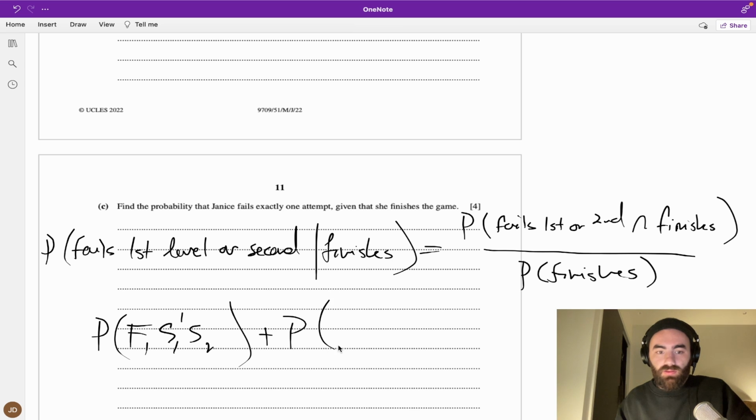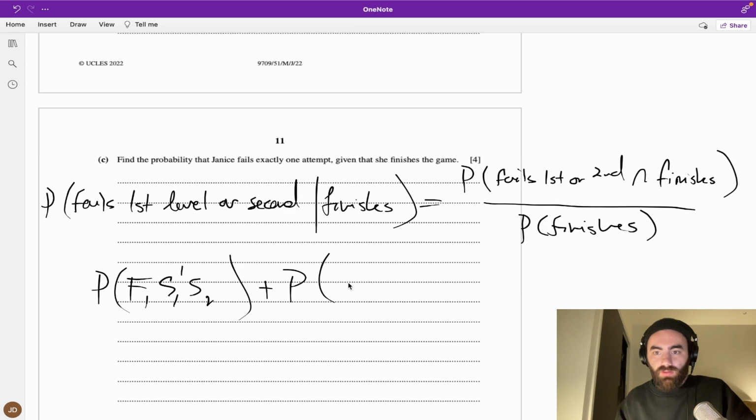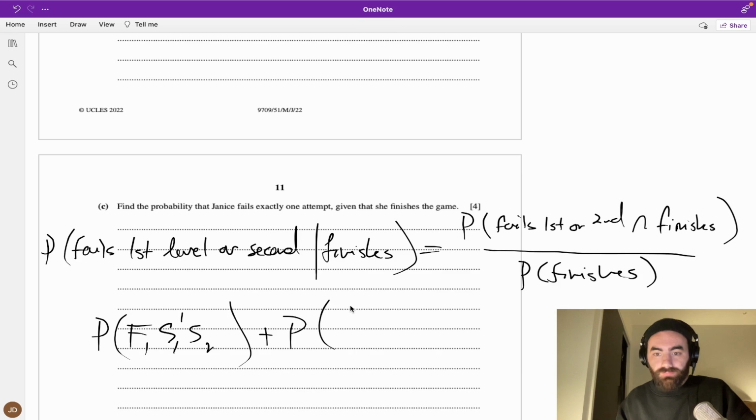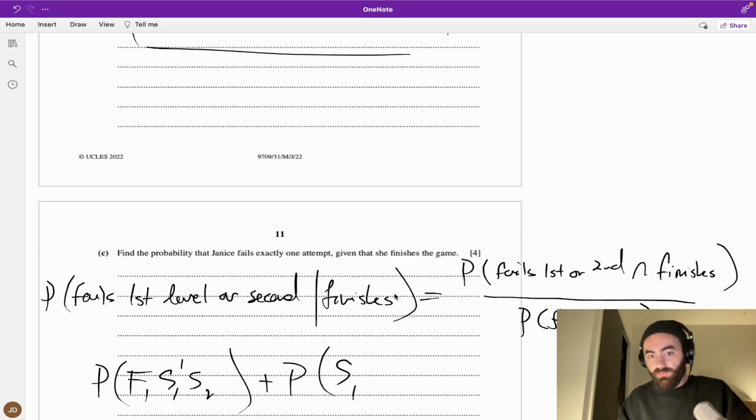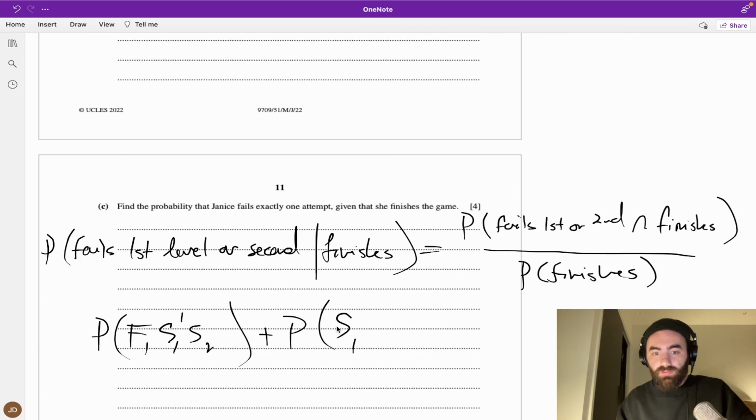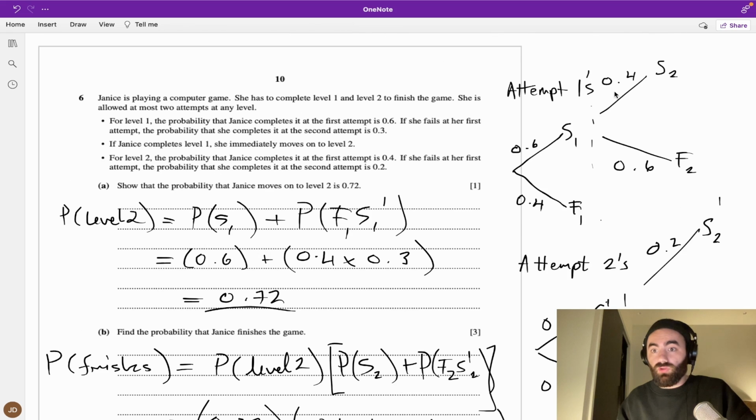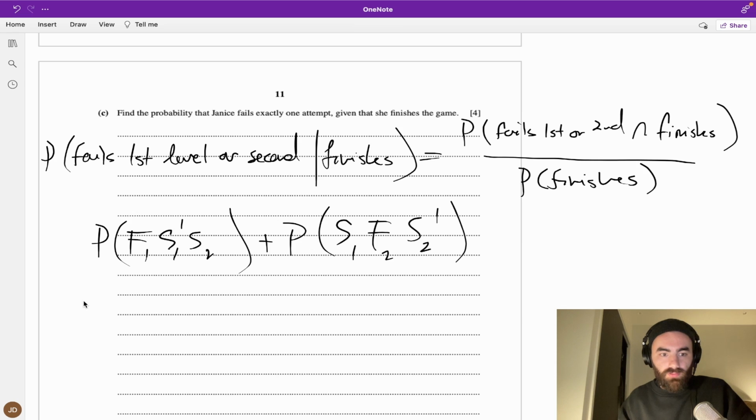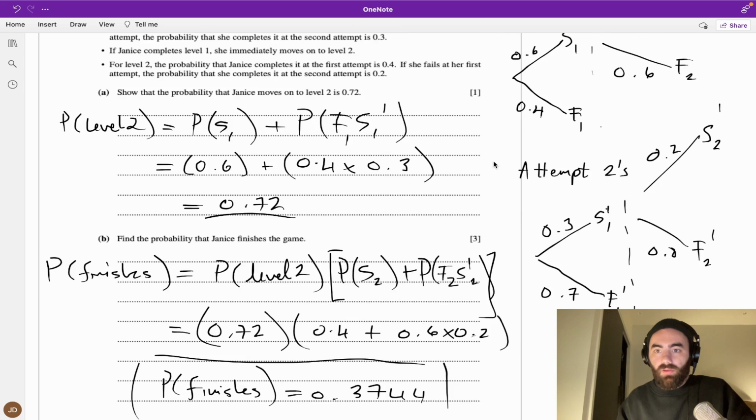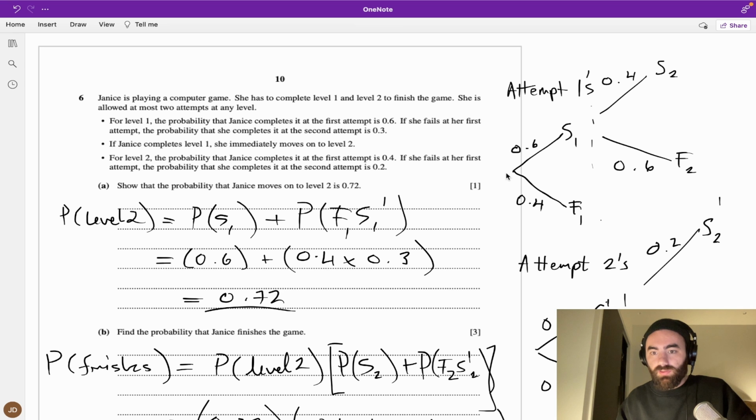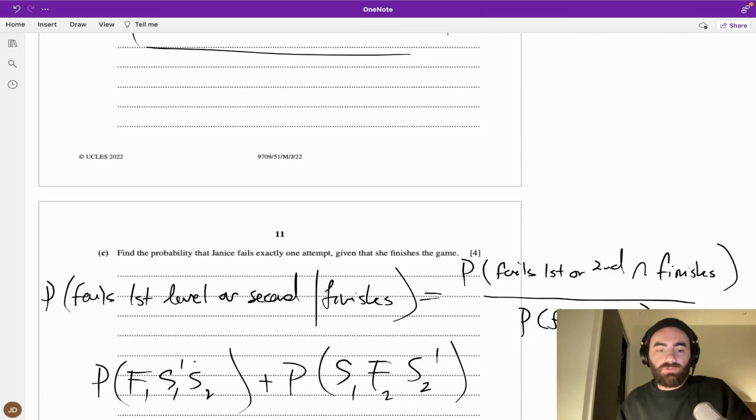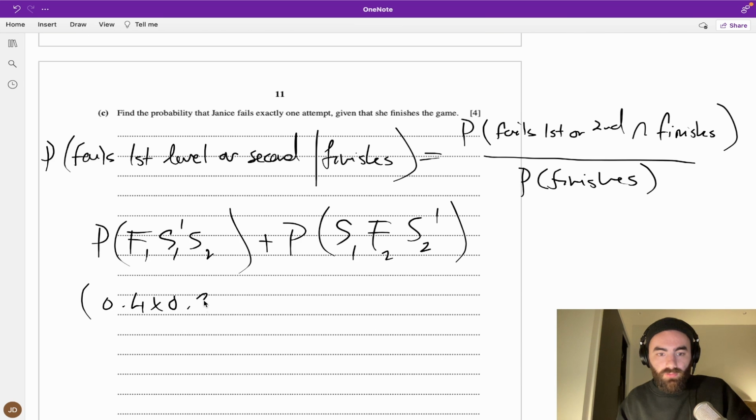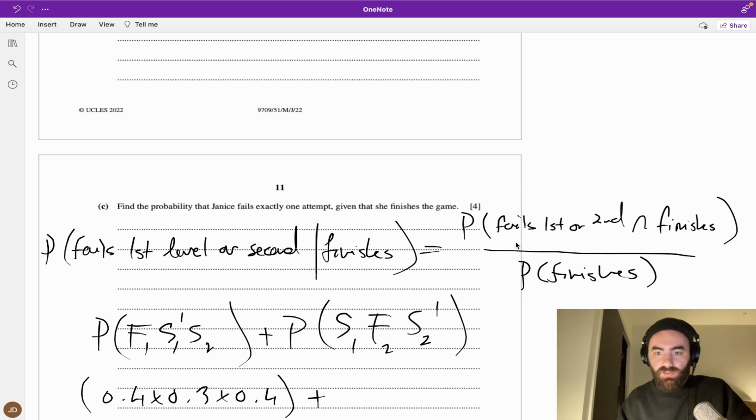Plus the probability. Well, another situation will be if she fails on level 2, which would mean that she fails on her first attempt of level 2, and that means now she's proceeded to level 2, so now she succeeds on her second attempt of level 2. So this is going to be, so success, fail 0.4, then success, so 0.4 times 0.3 times 0.4. This one 0.4 times 0.3 times 0.4 plus, I'm calculating this here,